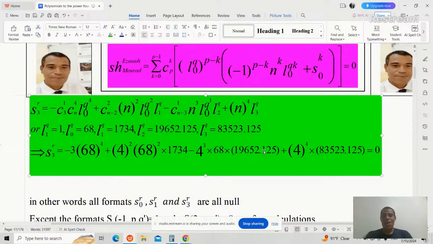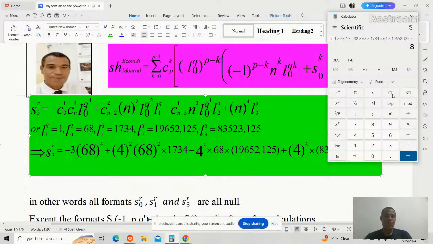I am going now to proceed calculating the value of S3. So it will be negative, 3 choose 1 is negative 3, and 4 choose 4 is 1. No need to write it. So it has to be written as negative 3 times L0 of the Q raised to the power 4. I will make negative 3 times 68 raised to the power 4. Okay. Plus 4 squared means 16 times 68 squared, okay, times